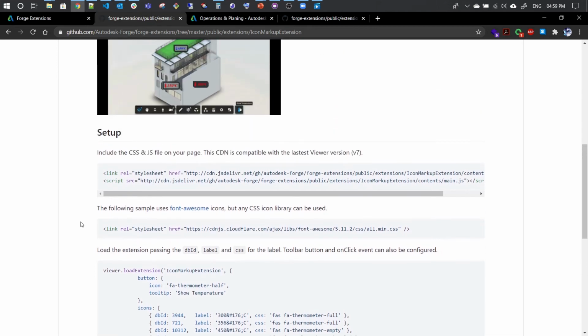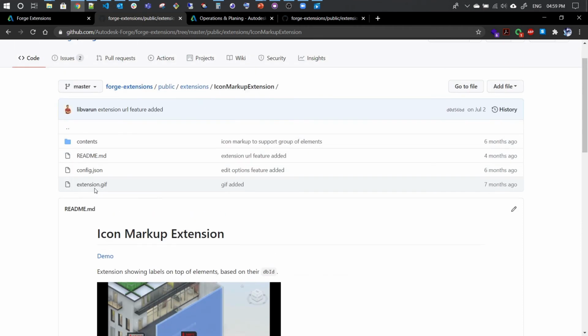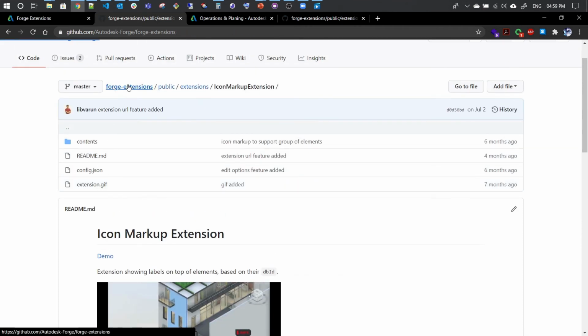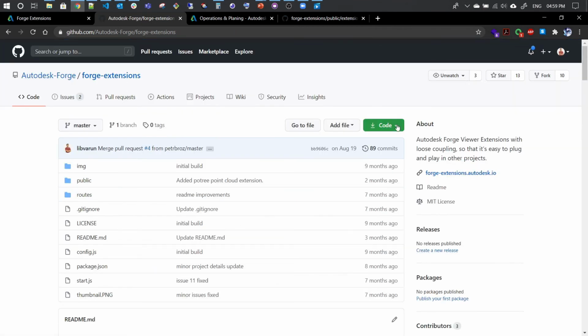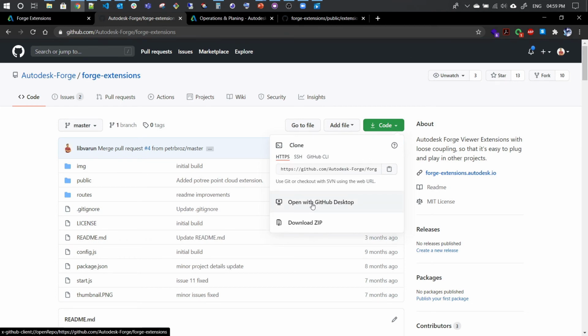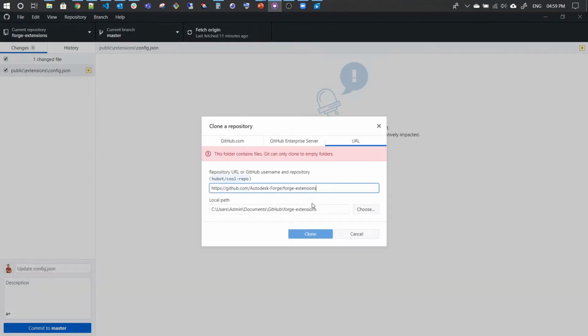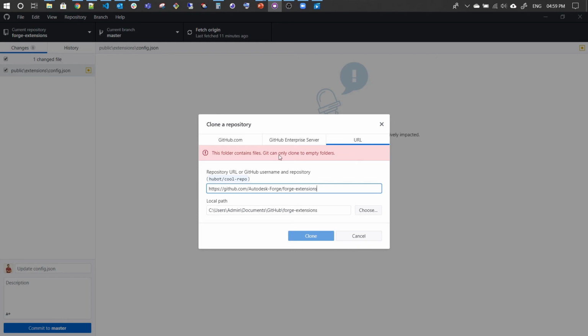So let's try to build one simple extension. I'm going to clone this. You can clone with open with GitHub Desktop. I already have the repo, so I'll just open it.